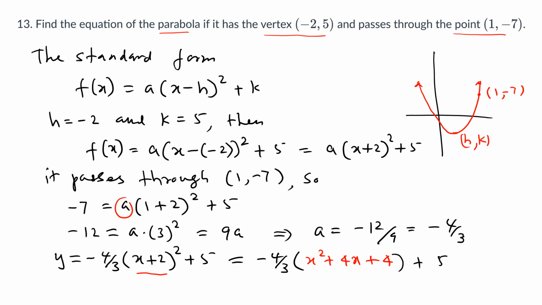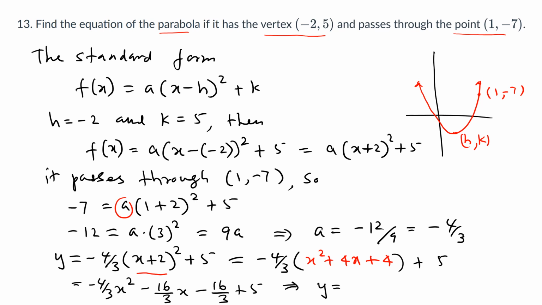Now what we can do is we can simplify this. So if you simplify, you're going to get -4/3 x squared. You don't have to, but you can simplify. And you're going to get -16 over 3x, and then you have -16 over 3 plus 5. So after you simplify and multiply by 3,